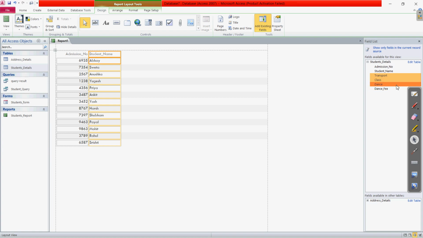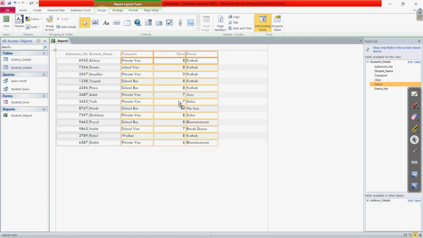When we have chosen all the fields we are willing to use in our report, we select all those fields by pressing the control key, and when there are multiple selections, again do the same step: drag it to this blank area. Clear? This way we can see that these fields are now part of our report. Clear? So this is the way of selecting the different fields in a blank report.